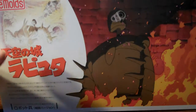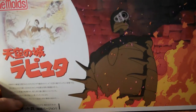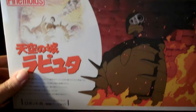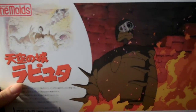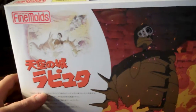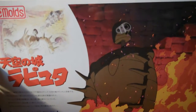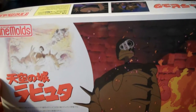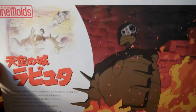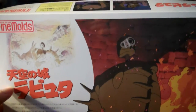Today I'm going to review something a little bit different from my usual. It's another model kit, but this time it's not One Piece at all. I think it's called the Guardian Robot from the film Laputa, or Castle in the Sky as it's known here in the US, which is of course